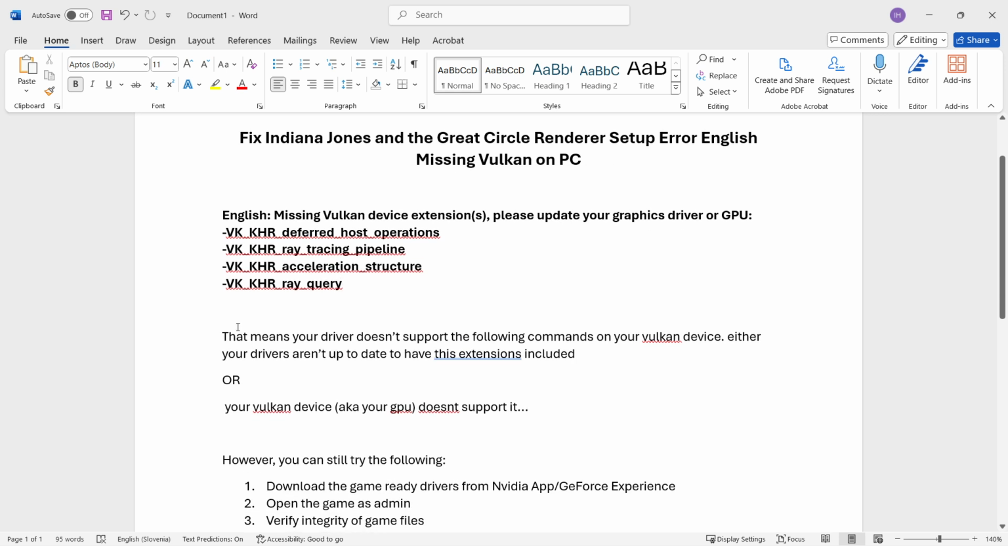So first of all, this usually means your driver does not support the following commands on your Vulkan device, and these are the commands I'm talking about. Either your drivers aren't up to date, which hopefully is the case, and we're going to fix that, to have these extensions included. Essentially, your graphics card drivers may not be up to date, and that's why you can't run the game. Or, worst case scenario, your Vulkan device, also known as your GPU or graphics card, simply doesn't support the game,